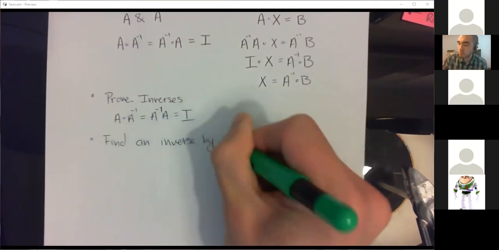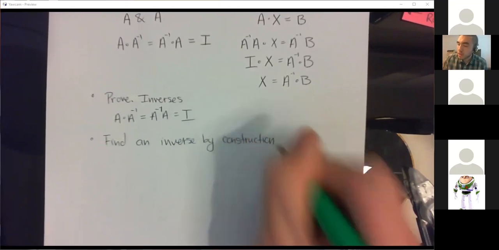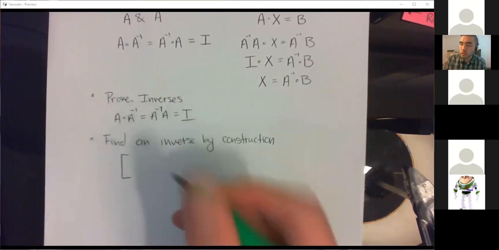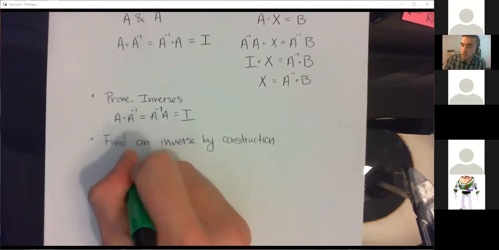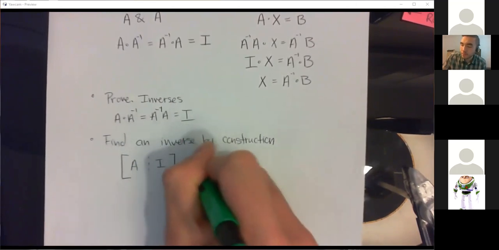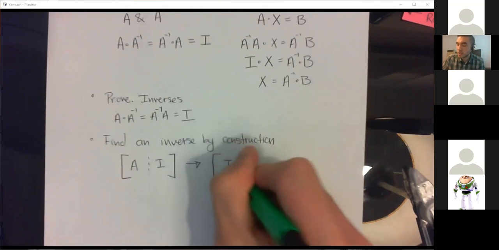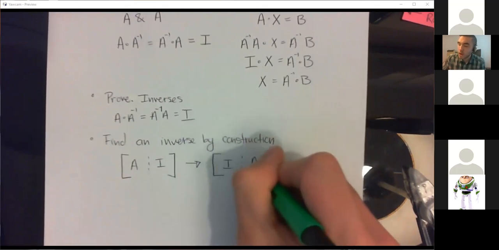By construction. This is to say that you set up your inverse matrix by attaching it to the unit matrix. So I have A, and then we're going to attach it to the unit matrix I, and then we do a series of row operations until the left-hand side becomes the identity matrix,